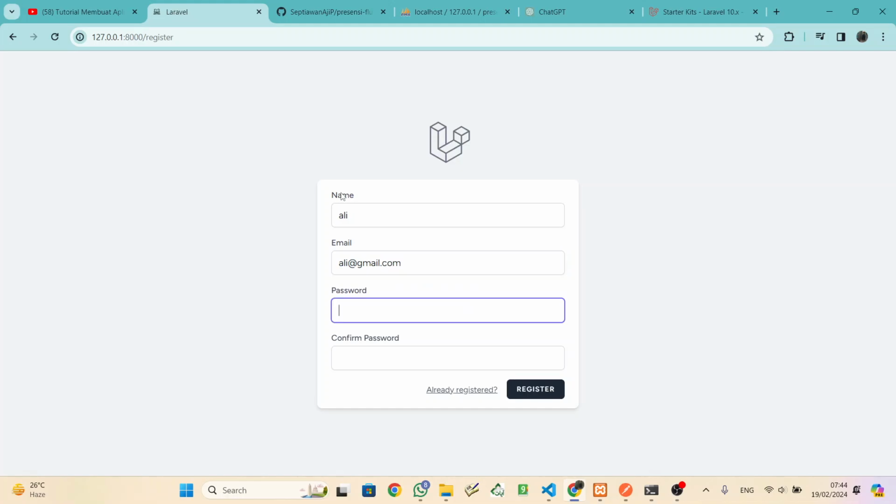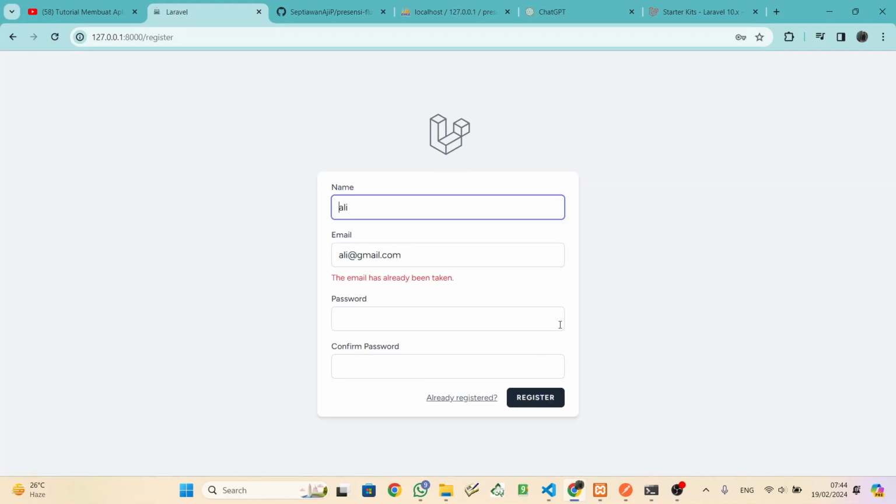You don't need to use your true email, just whatever. The important thing is that there is an at sign and gmail.com, or yahoo.com, or anything else. Password 123 and password 123, and register. Oh, it's already taken. Okay, password 123, password 123.